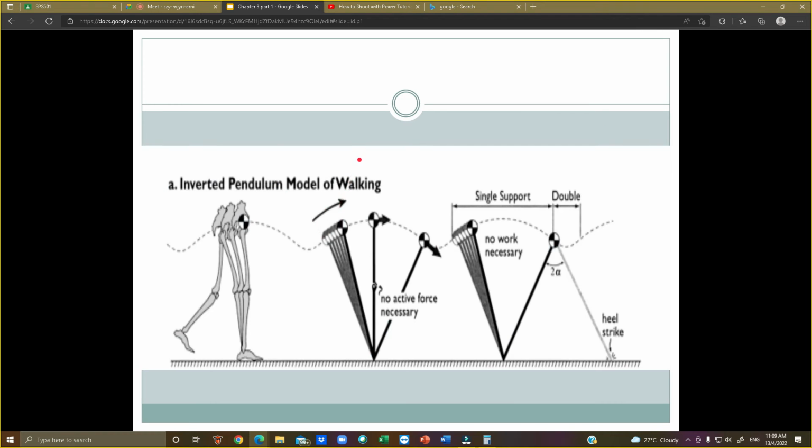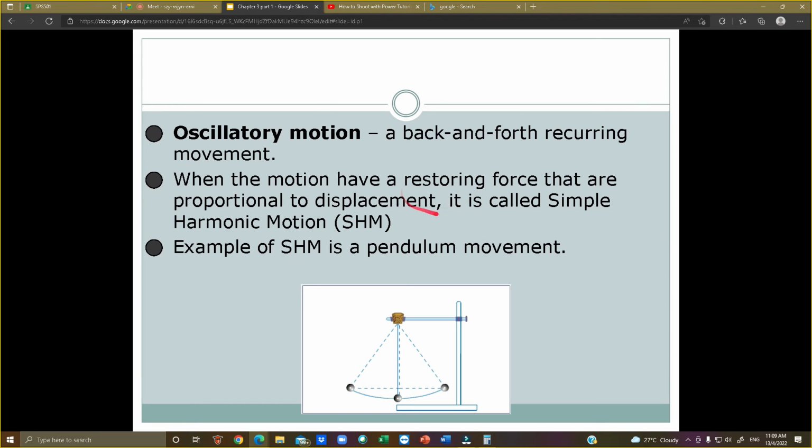Okay, when the motion has a restoring force. This is the alpha energy from before. Say reaching here the alpha energy is 1. When it returns to here, it will use that until here, and it will have alpha energy 1 again. So it can go back and forth until doomsday if we neglect friction.